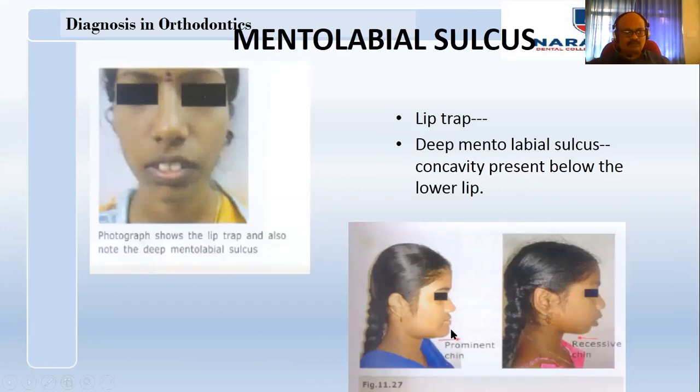Now, that chin prominence I was discussing. A too prominent chin, normally it should be in line with your forehead. This is an example of a recessive chin. So your lips, nasolabial angle, proclination of the teeth, your competent and incompetent lips, chin, puckering of the skin, mentolabial sulcus, all these are related to one another.